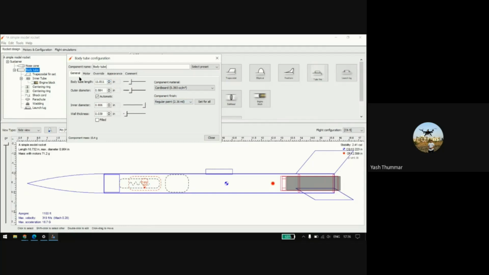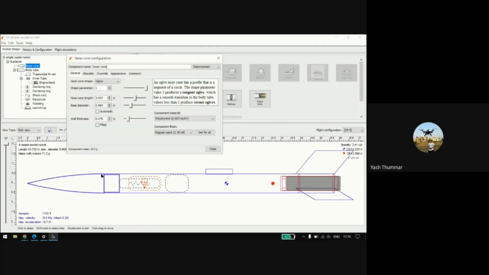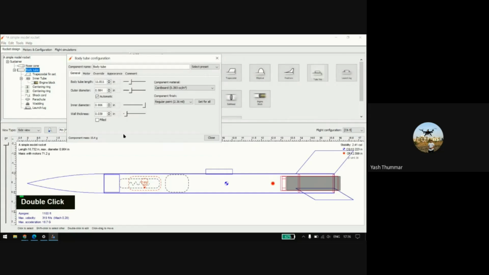Here are the same general settings, and we give the body tube length here. The outer diameter is most probably the same as the nose cone. The diameter you give the nose cone is 0.984, so you give 0.984 here too, and the same for the inner diameter.